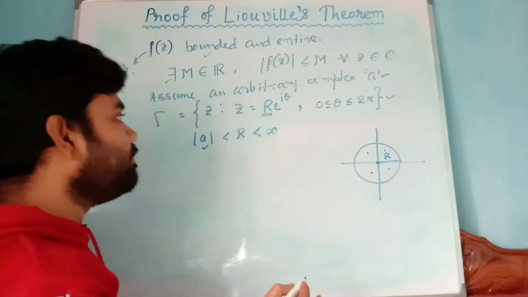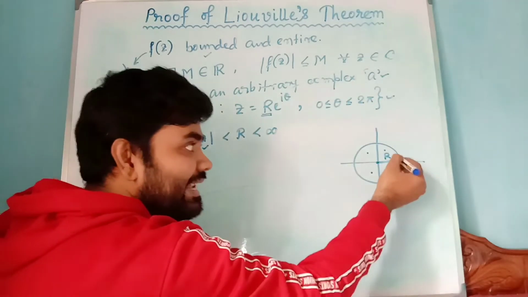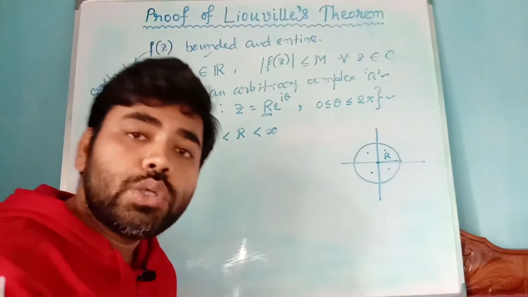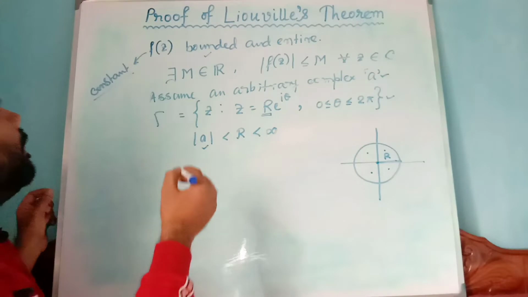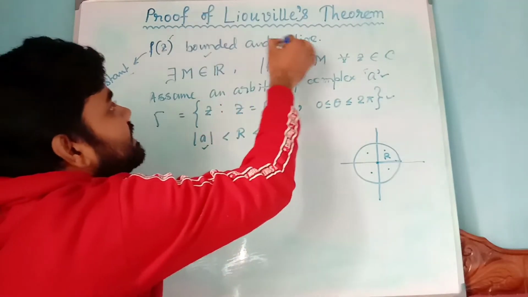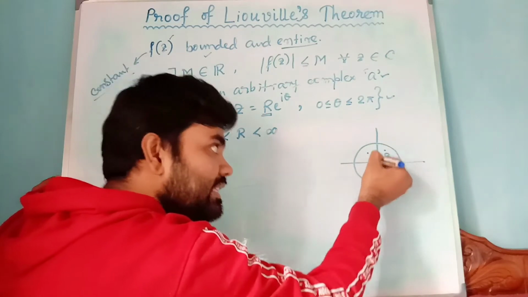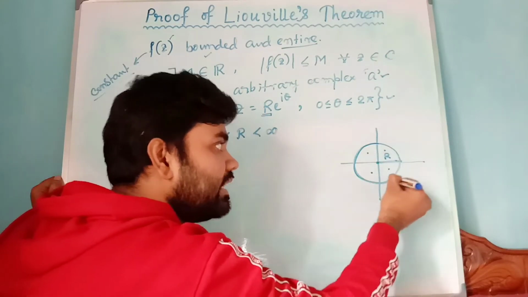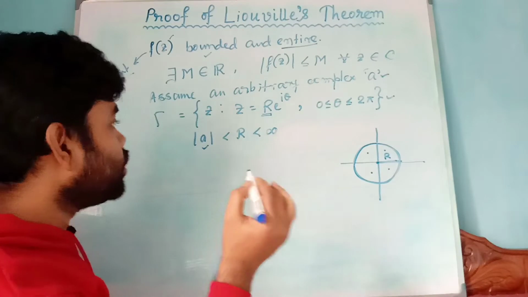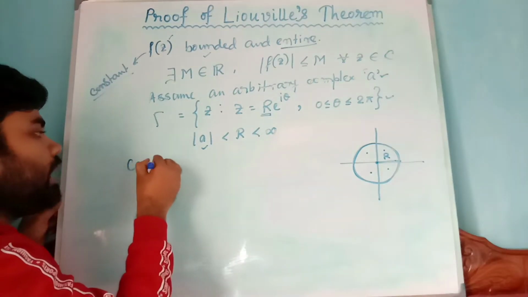So it actually means that A will be an inside point of the closed curve gamma. Now since the function f(z) is entire, we can say that f(z) is analytic inside and on the closed curve gamma as well. So by Cauchy's integral formula,